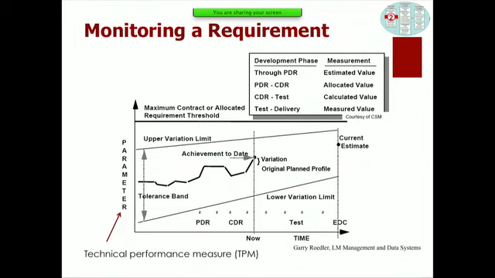So this was a big deal, and they had a huge wall chart in the main hallway of the engineering building, and every day somebody would actually manually update that day's best estimate of what the gross takeoff weight of the airplane would be. And it's like a Brownian motion thing, and as soon as you hit some critical threshold, you would see people come together and say, we got to take weight out of the airplane somehow, right? And then basically try to get the design to comply with that requirement as you move through the design process. You can't do that with too many of the requirements, but the most important technical performance measures, that's what you do. It's a big deal.